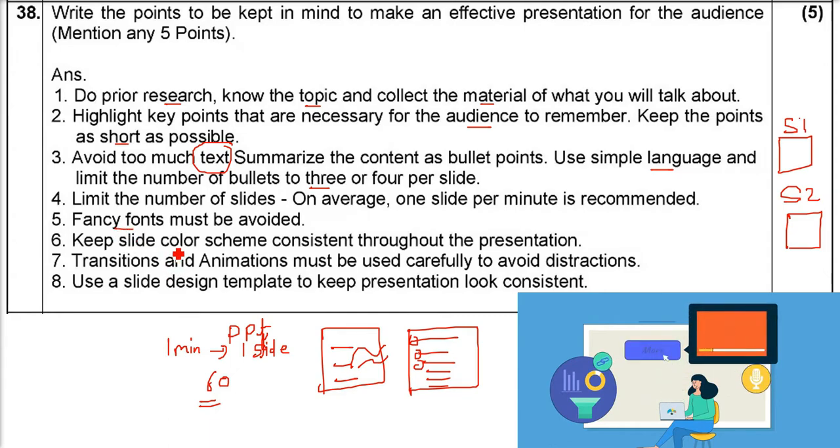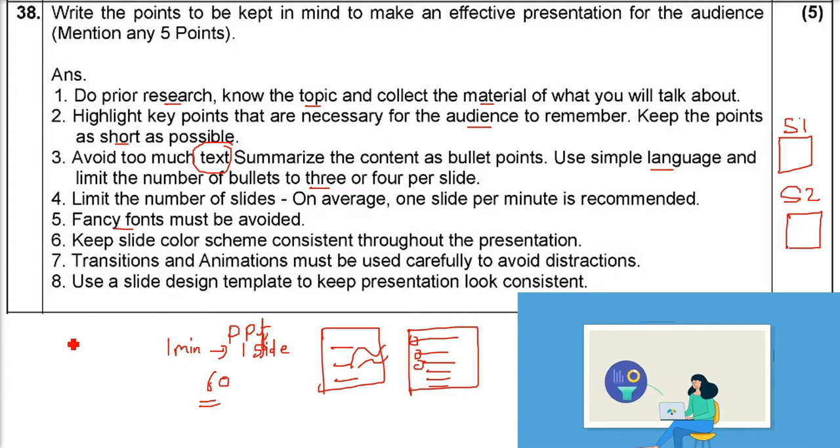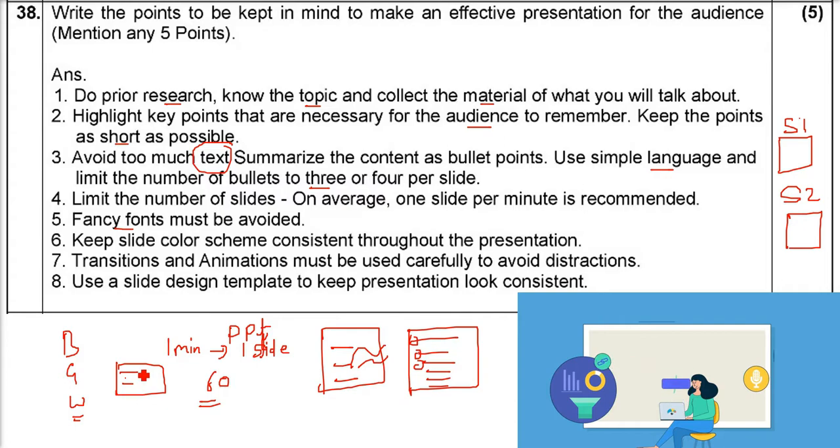Just the color scheme should be good. See, blue color, green color, you love the sea water, you love the greenery. So blue, green, all these colors, white, they're good. If you're using some orangish color, people won't like it. Black on yellow, yellow on white, or white on black, people won't like it. So the color scheme should be good for the eyes.